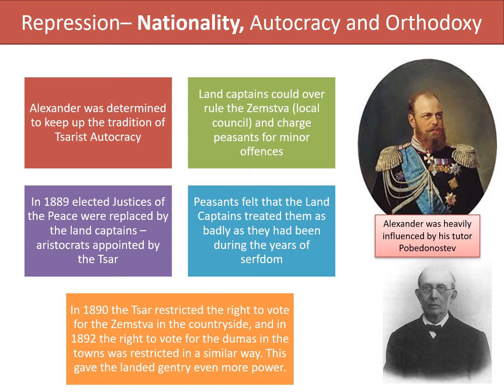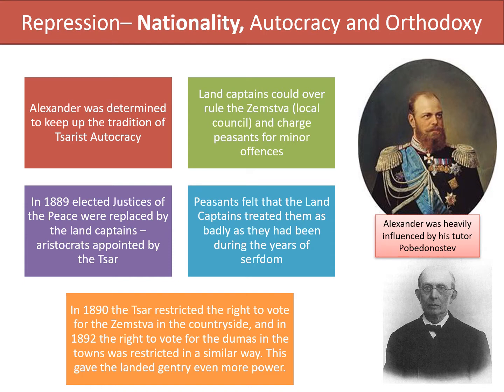So one of the ways that he did this was by trying to ensure that people in positions of any sort of authority were people that were loyal to him or that he had appointed. He did this first in 1889 when he took out the elected justices of the peace, people who were trying to keep order, and replaced them with a new thing, which he termed the land captains. Basically, aristocrats, people who were appointed by the Tsar, high members of society, quite wealthy, and very much in this kind of upper class group of people.